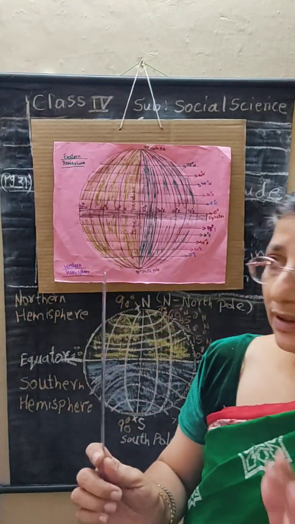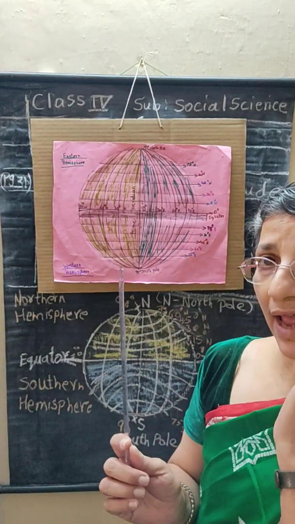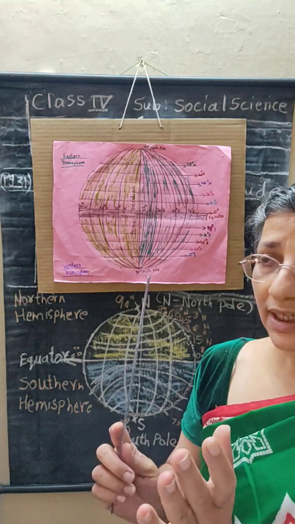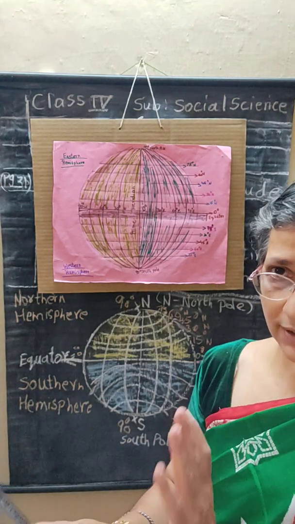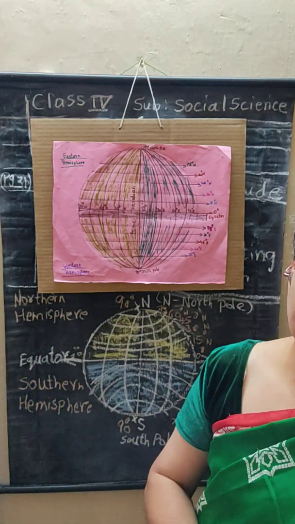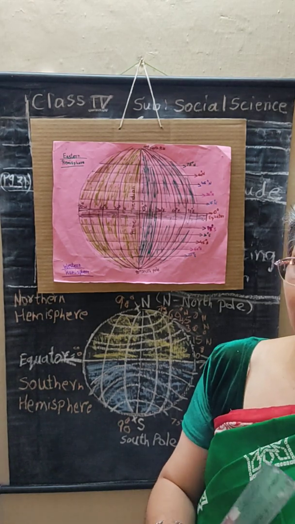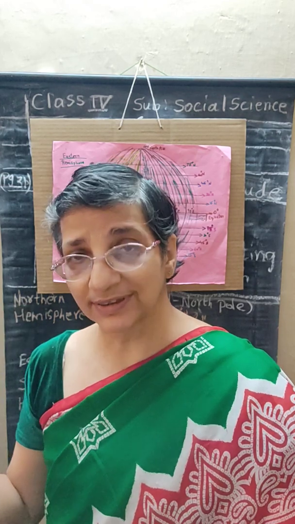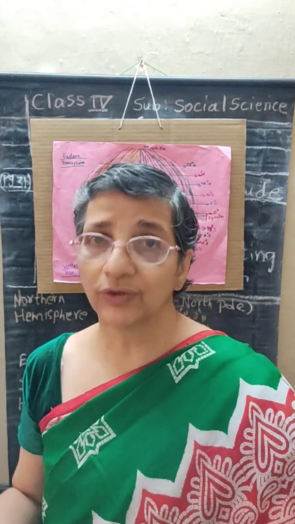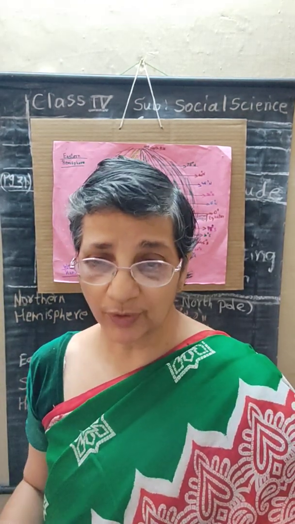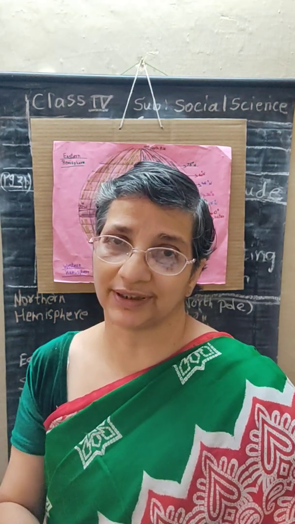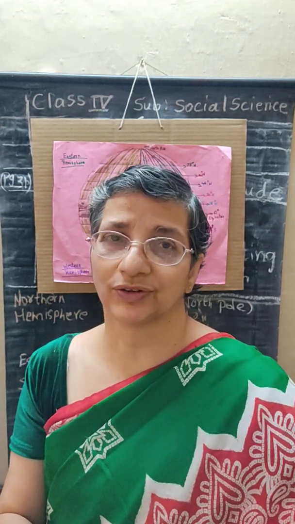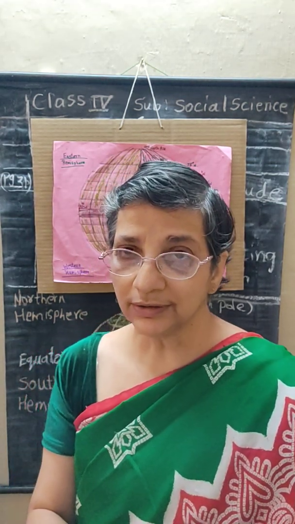Okay, how the sun shines and the sun rays fall on the earth, the shadows you will see. Okay, if you were in the class, I would have explained more nicely, but still I am trying to make you understand this. This is very important, children. You should know about this. Okay, while traveling also it is very important.